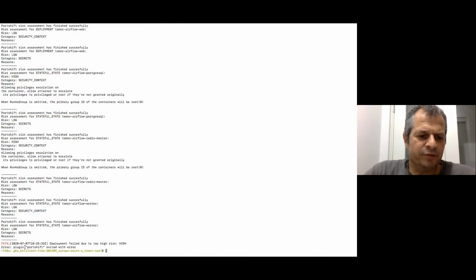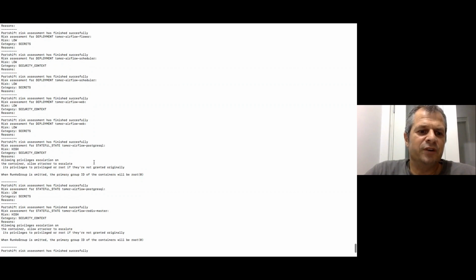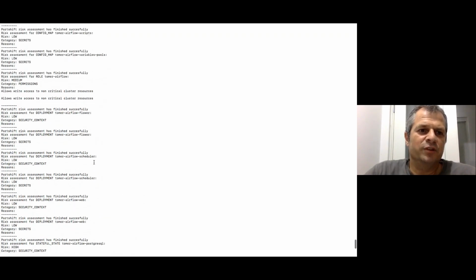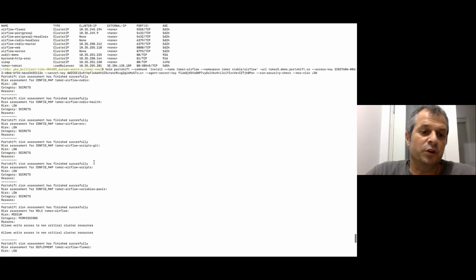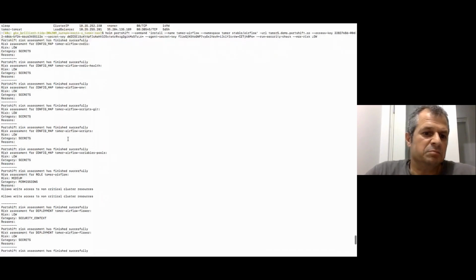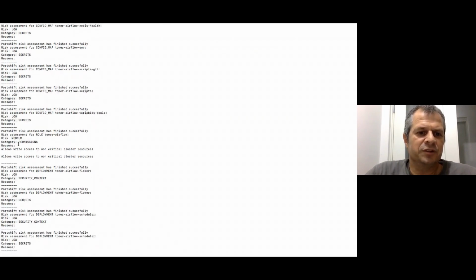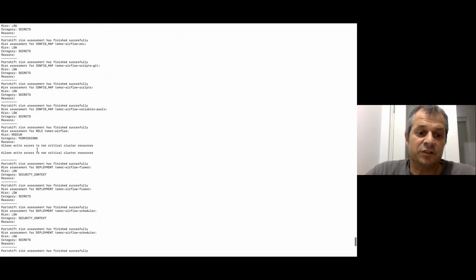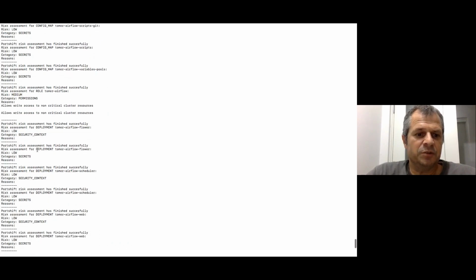You can see over here that we failed this deployment because we found high risk. We only allow low risk. So obviously, if I change it, then it will be easier to deploy. But at least it'll be good to find the risks. So you can see the different risks we find. A lot of those risks are low, like we found secrets which are not exposed or don't contain anything. But there are some interesting things. We found some medium risk and permissions where someone has write access to resources in the cluster. In this case, it's not critical, so we just left it as medium.